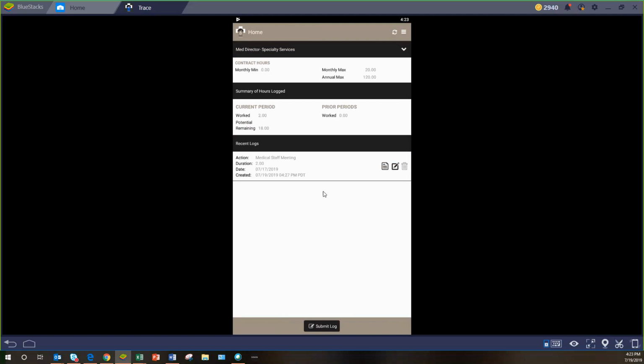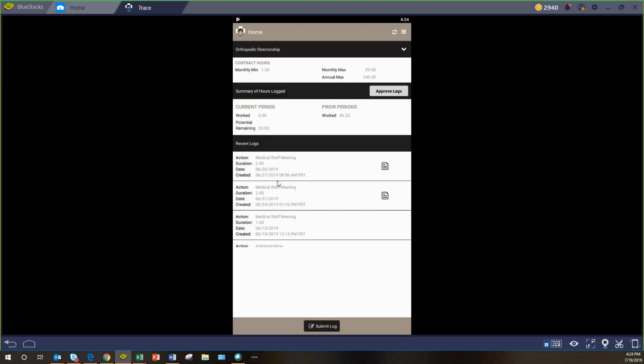Now, you can submit your time on an ongoing basis throughout the month, which is what is recommended, or you can wait till the very end of the month, submit all of your time. Now, we just submitted time for the month of July. And in this example, we are in the month of July. So we cannot approve our timesheet for that month until the month is over. So what I'm going to show you here is